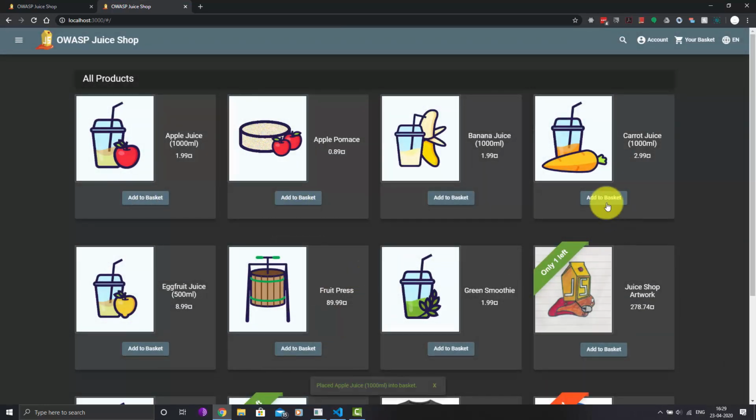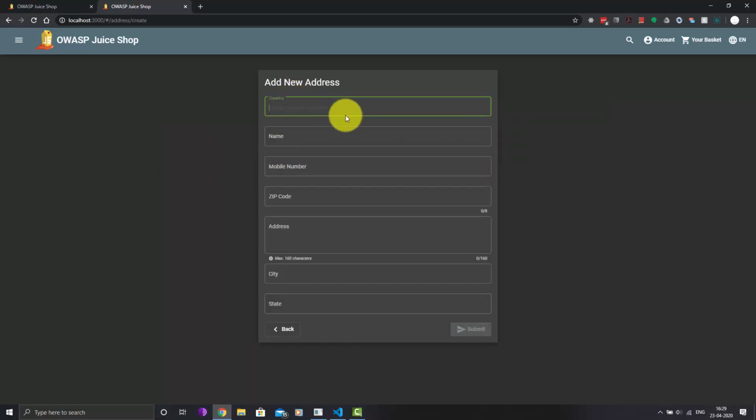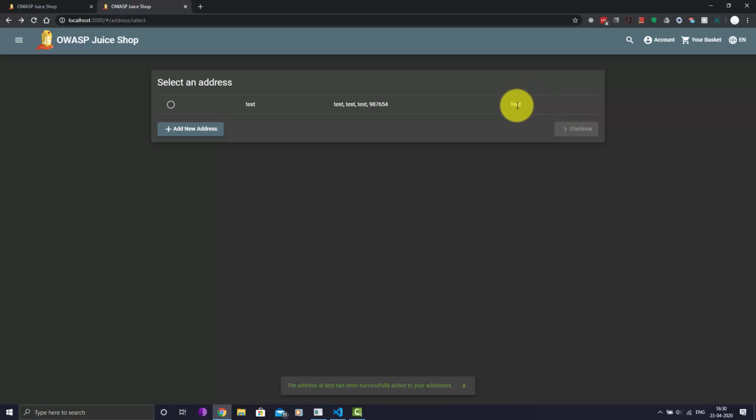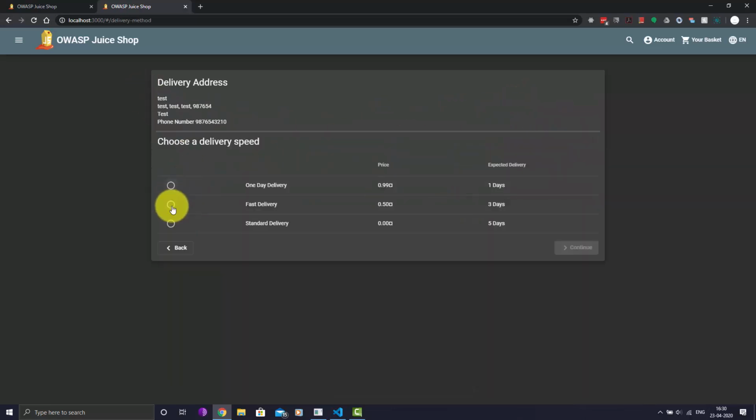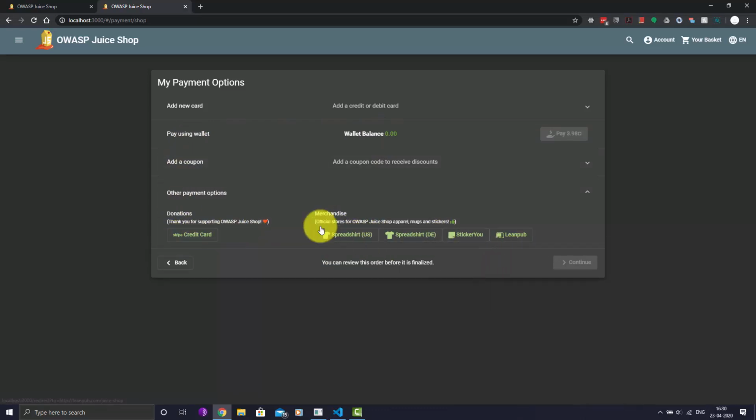Let's add this to basket, and let's check out our basket. Right, let's increase that to 2. Let's check out. Let's add a new address, country, test, name, test, phone number. And let's use something more believable. Right, test. Everything is test. Alright, let's select that. Let's continue. Blah blah blah. Let's use standard. Let's continue. Wallet balance. And a coupon or the payment method. I don't know what any of these mean. Alright, what does this do? Okay,